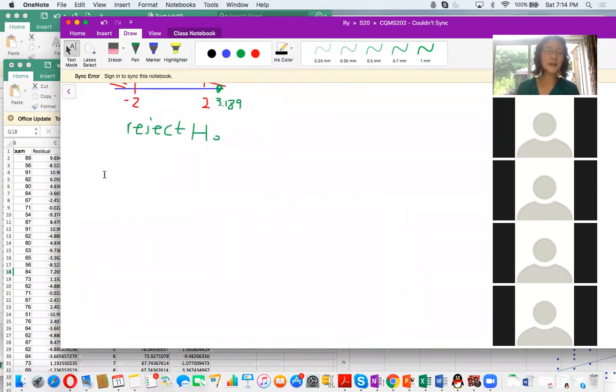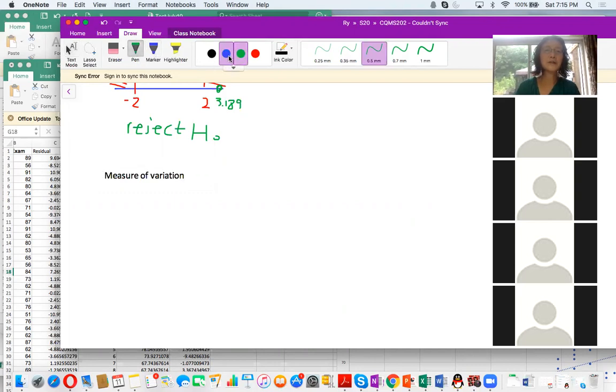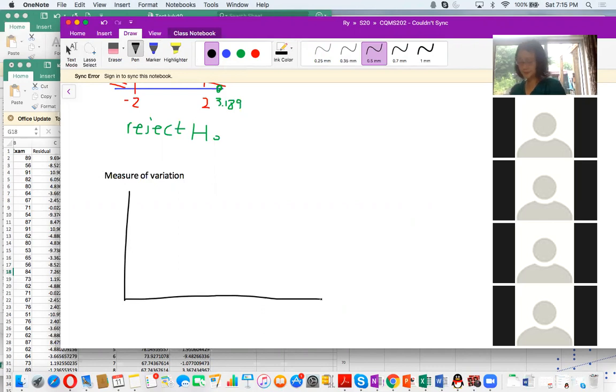So the next topic is measure of variation. So I'm going to draw a graph with a pen, and so remember